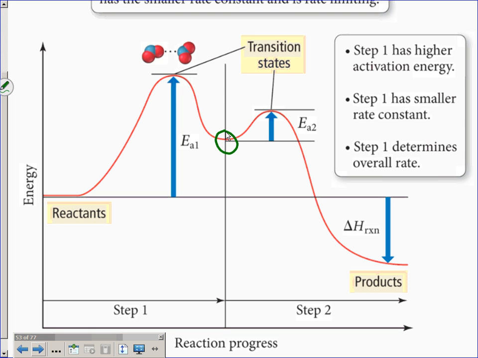For a second, or for a second? Thanks, bye. Okay. So anyway, you can definitely see these are elementary steps because they're single step, but overall this